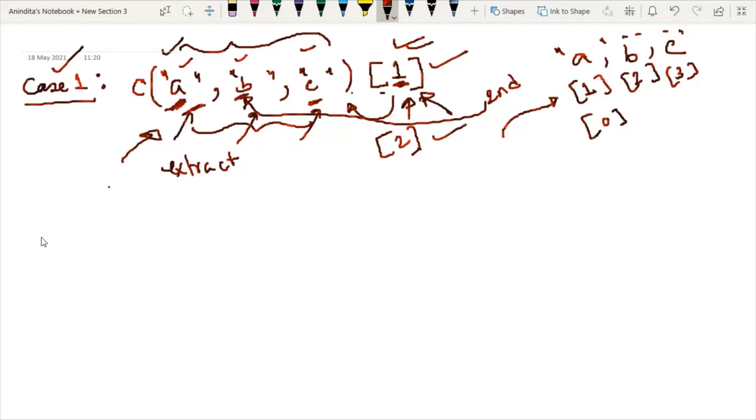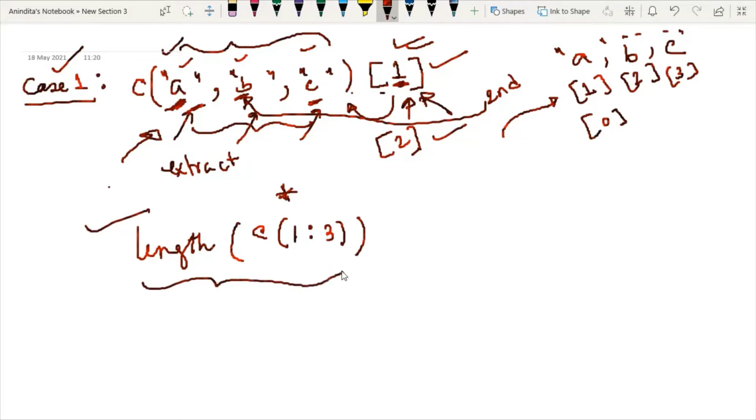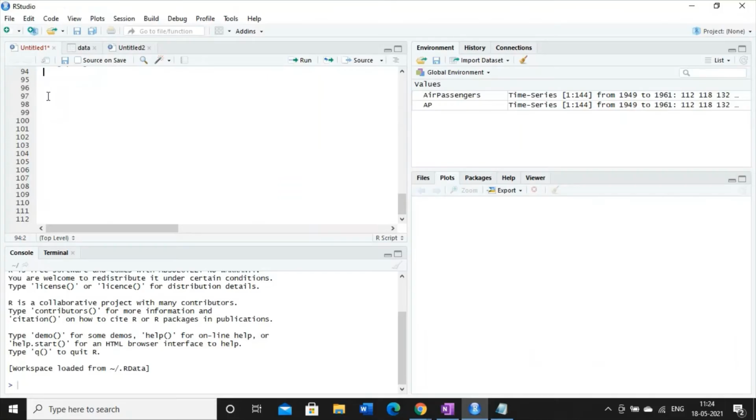Similarly, you can find out the length of the vector. Means if I use the length function and then write C of 1 is to 3, then it will give you the length. But here we have to understand the meaning of this syntax. It is quite difficult to understand. Now let me write this code first.